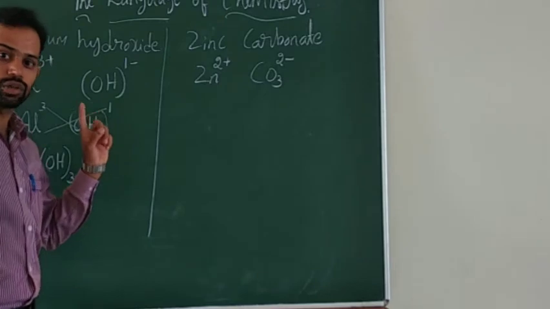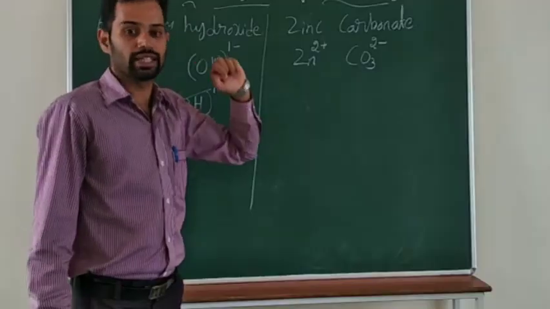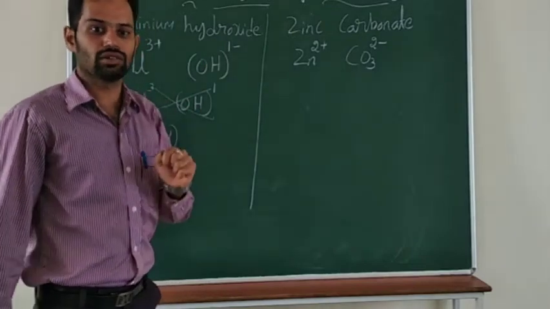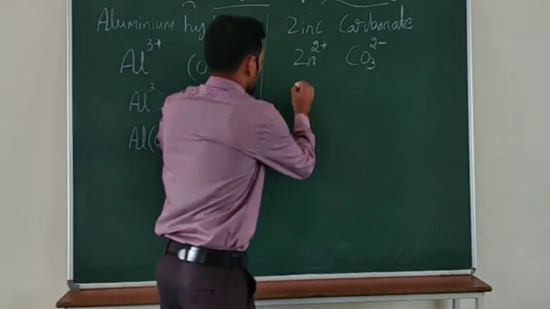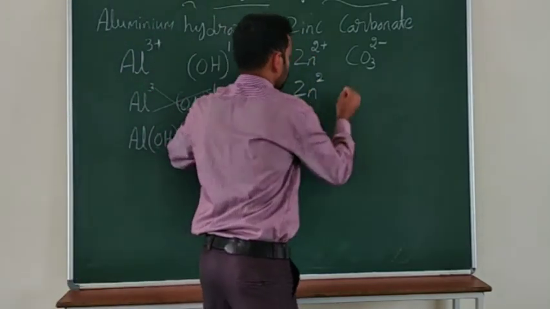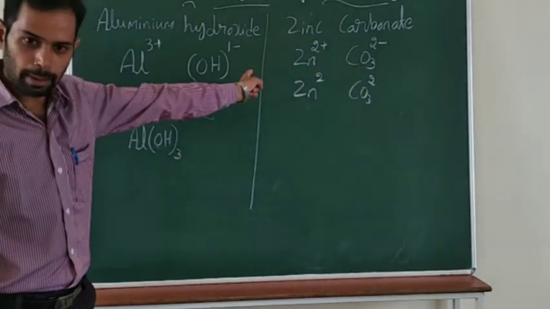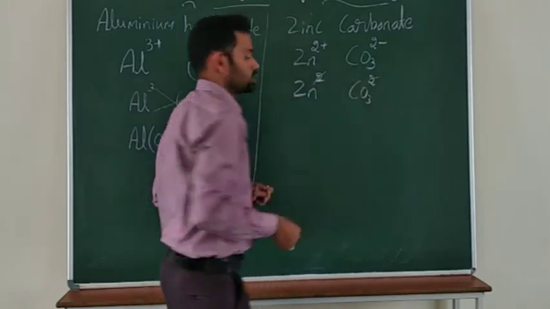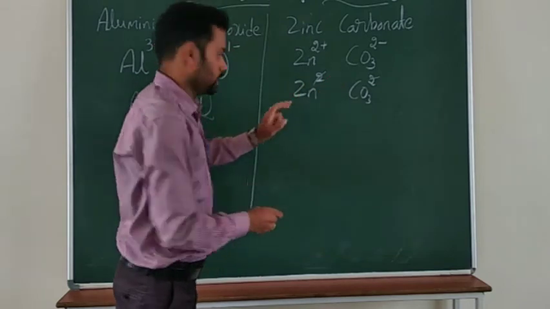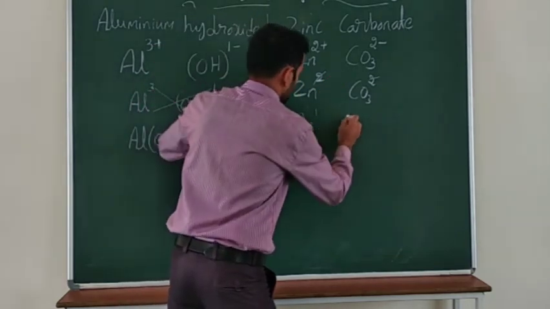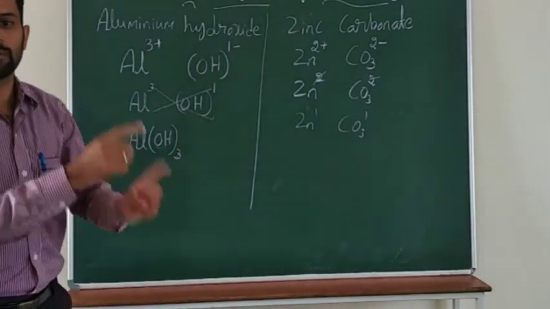Now in the last class I told that if their valencies are the same, we can cancel out. And here next step, what is the next step? We have to neglect the signs. Zn2, CO3 2. Now here valencies are the same, we can cancel out. Now we can write the formula. So if you cancel out the valencies, only remaining is Zn1 CO3 1. Is it? Now what is the next step? We have to cross multiply this valency.